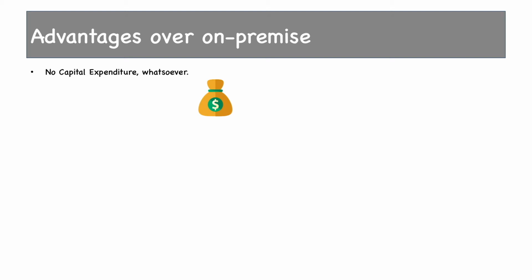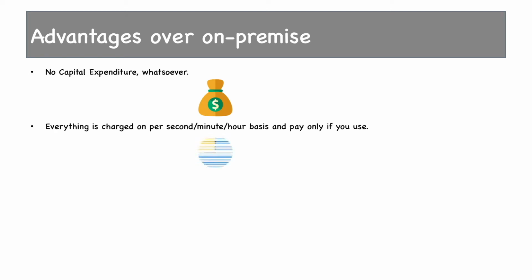So zero capex. Then everything is charged on a per second, minute, or hour basis, and you pay only if you use. The second, minute, or hour depends on which cloud provider you're using, either AWS or Microsoft Azure or Google Cloud. But whatever cloud service provider you're using, you'll be paying on a per second, per minute, per hour basis. So on a 24-hour day, if you're using CPU for, say, only 3 hours, you'll be paying for 3 hours,